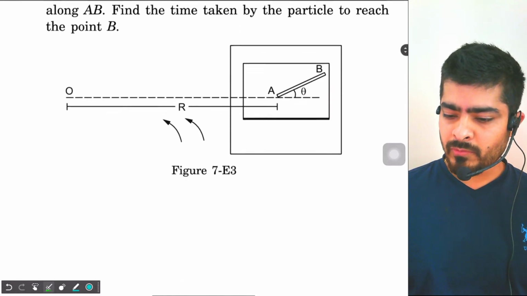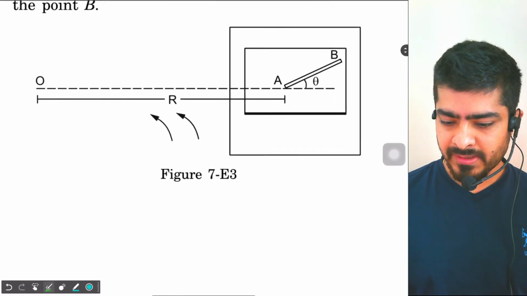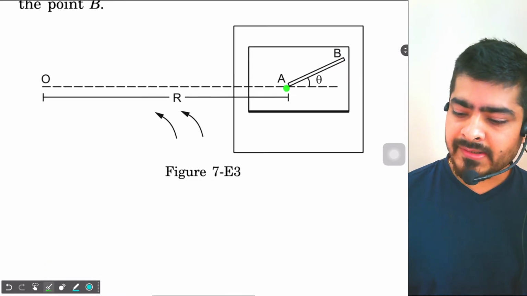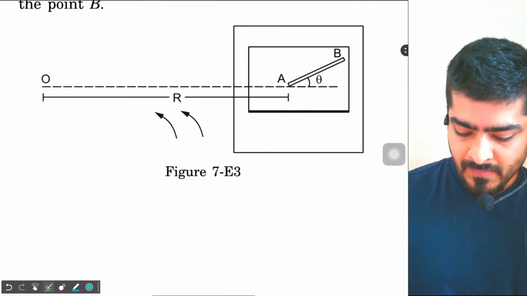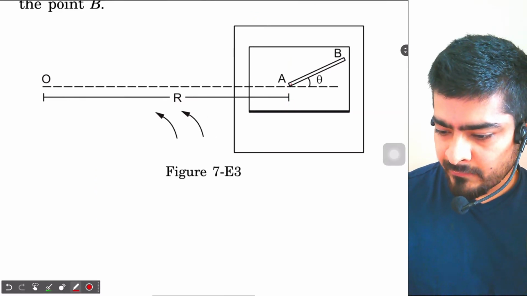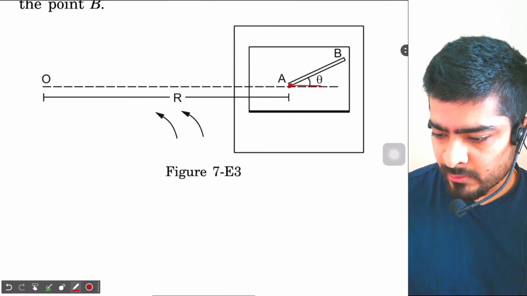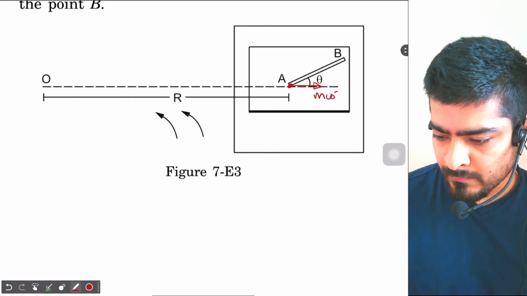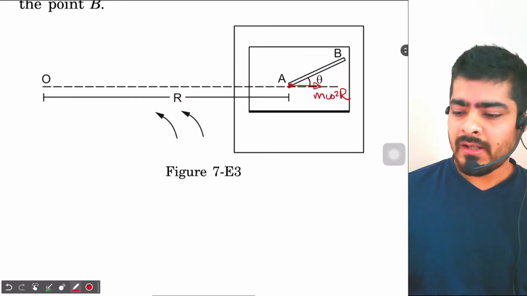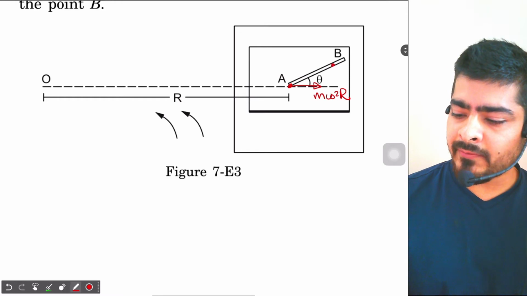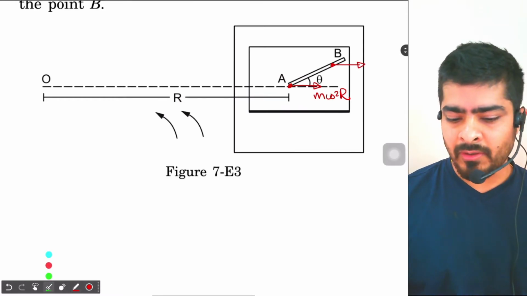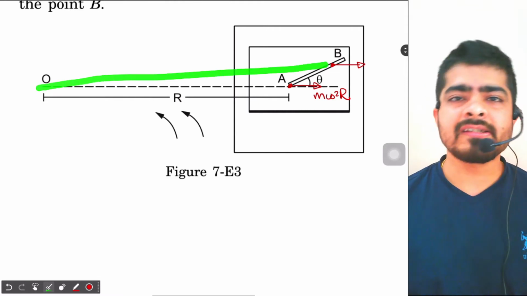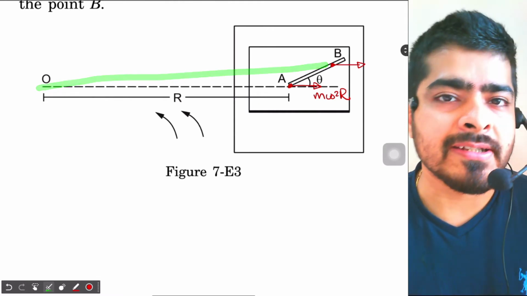So, how do we solve this question? First of all, understand some basics. This table is undergoing a circular motion, so obviously there will be a centrifugal force, right? So, let's draw a centrifugal force over here that will be equal to m omega square r. Now, if I ask you what is the centrifugal force at this point, then you would say that we have to calculate this radius, right? And then we can find the centrifugal force.